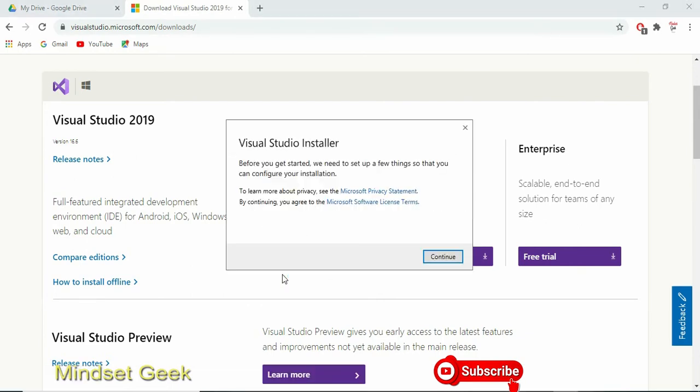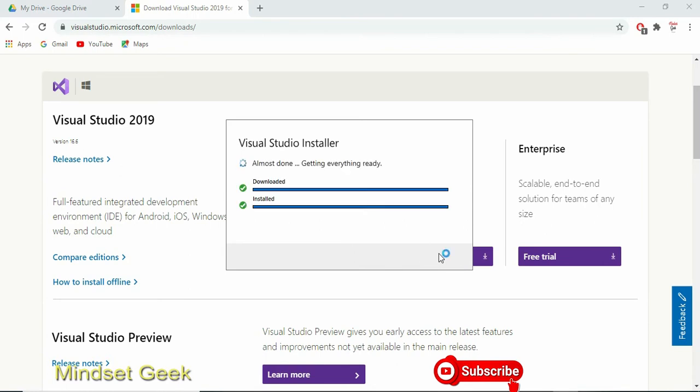The Visual Studio Installer is installing. This will take some time depending on your internet speed.